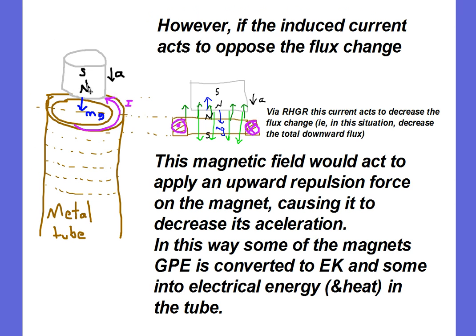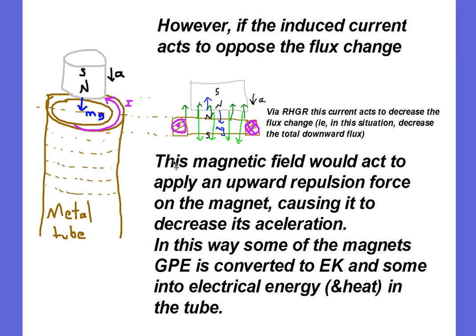So let's look at the other situation. What if the current in this situation was induced the other way around? So if the current acted to oppose the flux change. So in this situation, we have our current flowing anti-clockwise. Using the right-hand grip rule, we can see that produces a magnetic field pointing up. So in this case, the magnetic field produced actually acts to oppose the magnetic field of the magnet, or in other words, it acts to oppose the flux change,